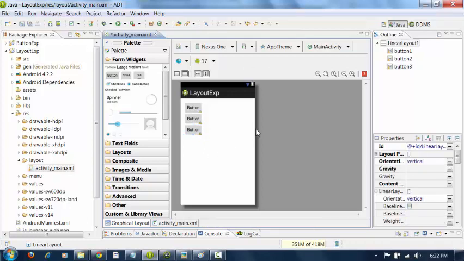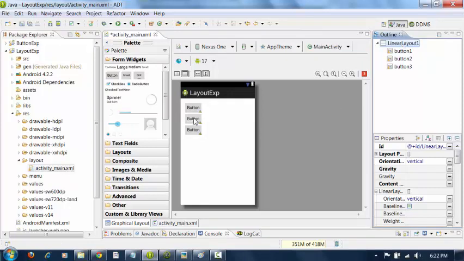So what we can understand here is, in linear layout vertical orientation, the components are arranged in a linear manner with the orientation vertical. Means the components are arranged one below the other.